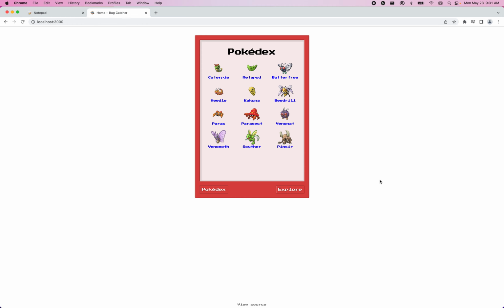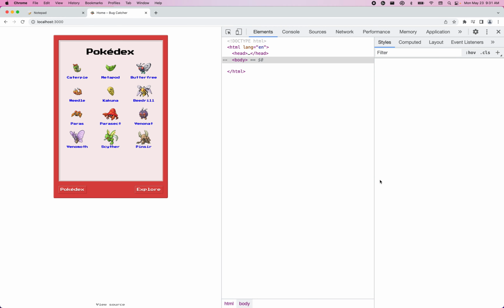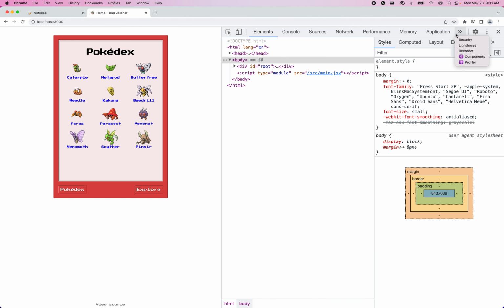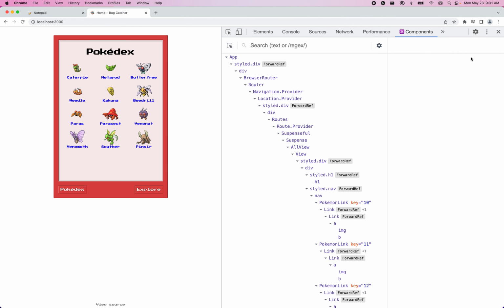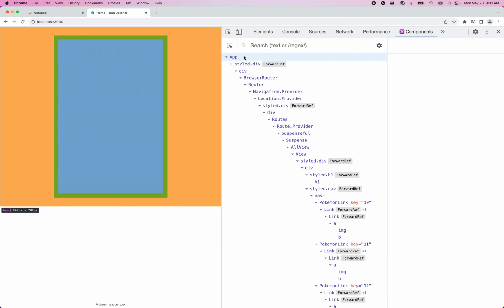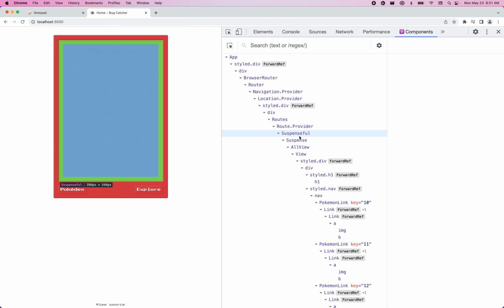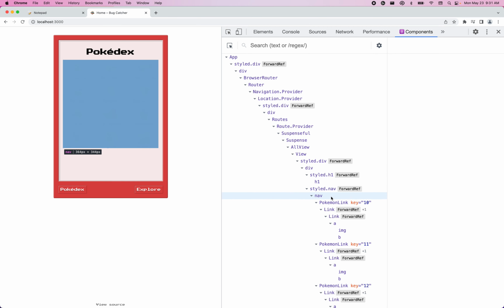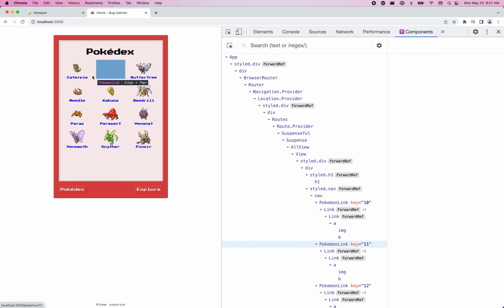I'm going to open the React DevTools, which is a browser extension that I previously installed. Opening the DevTools and then going into the overflow menu. And I'm going to click on this components panel right here. Cool. So here in the main pane, we can see the React tree. These are all the components that React has rendered in order to show us the application that we have on